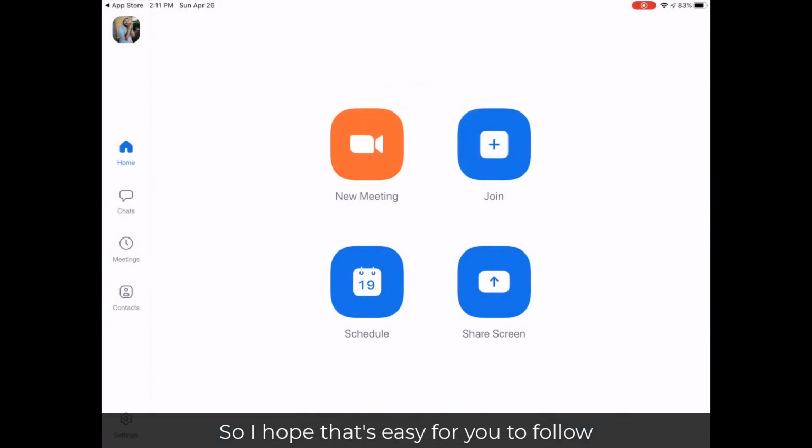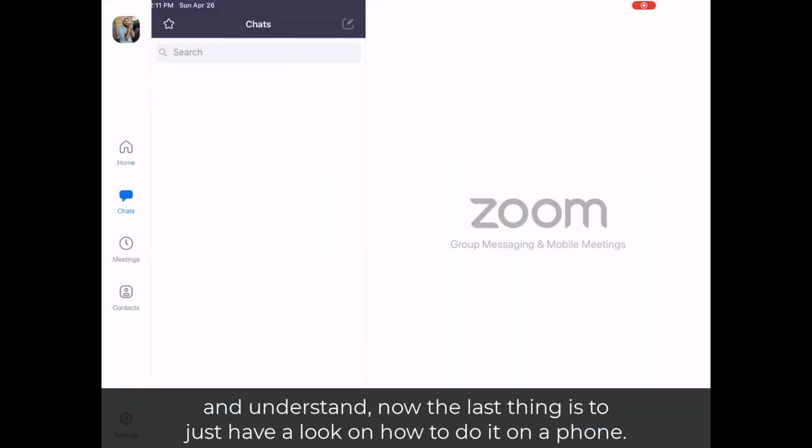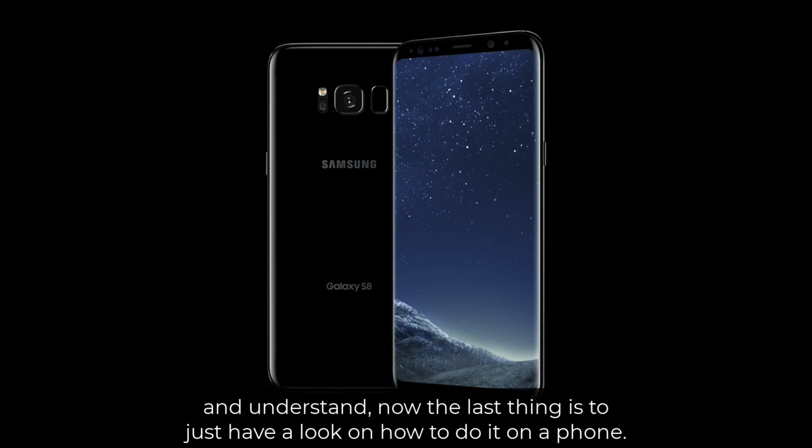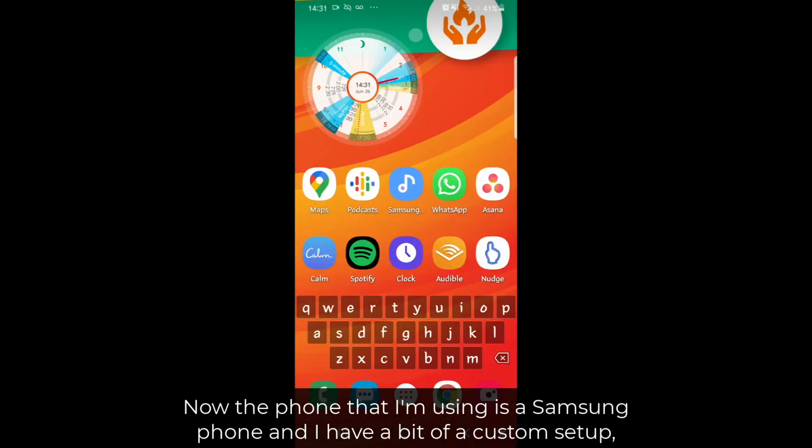So I hope that's easy for you to follow and understand. Now the last thing is to just have a look at how to do it on a phone. The phone that I'm using is a Samsung phone, and I have a bit of a custom setup, but